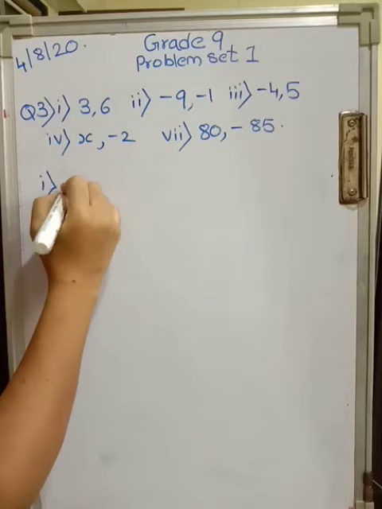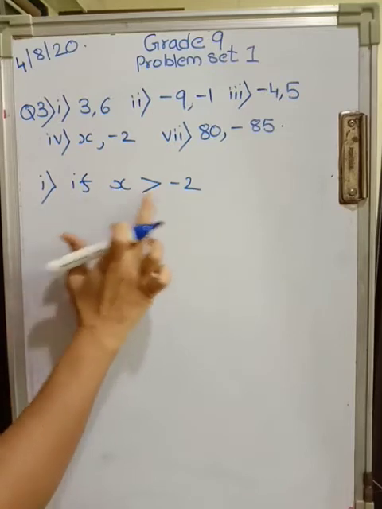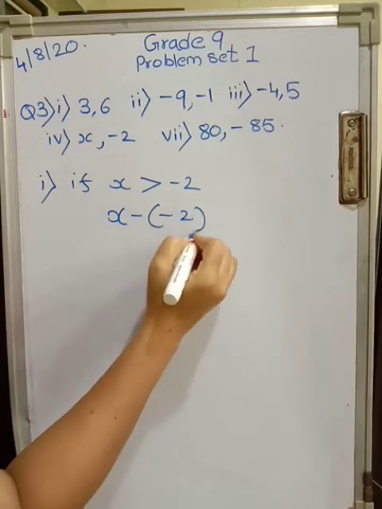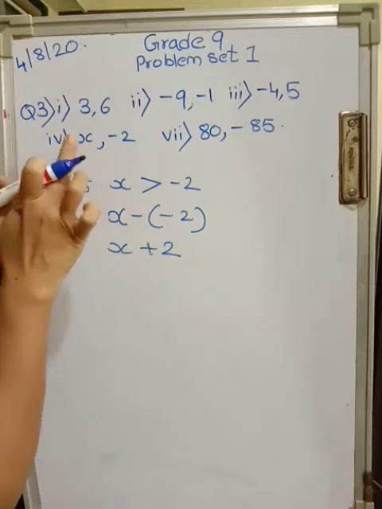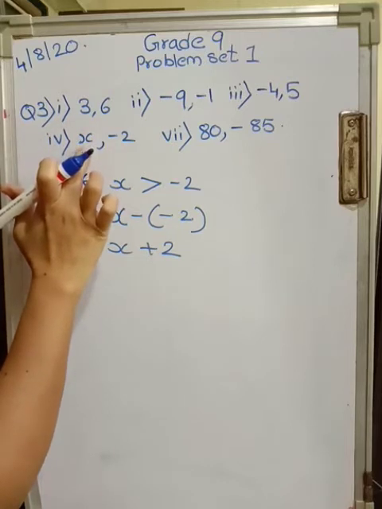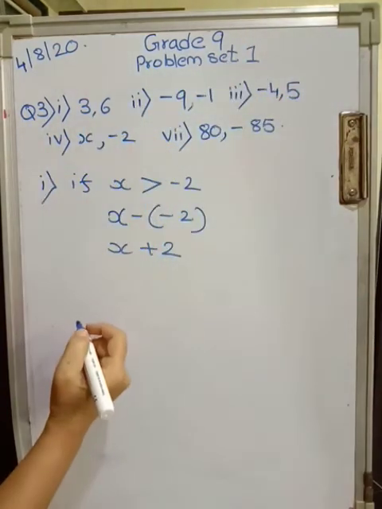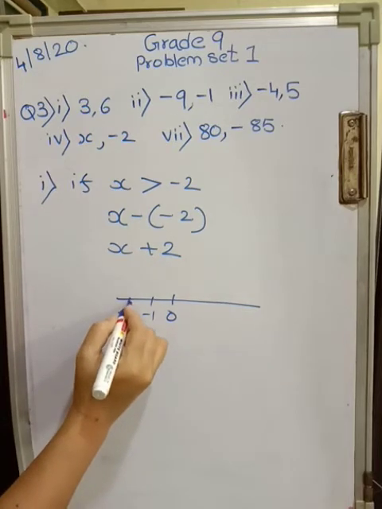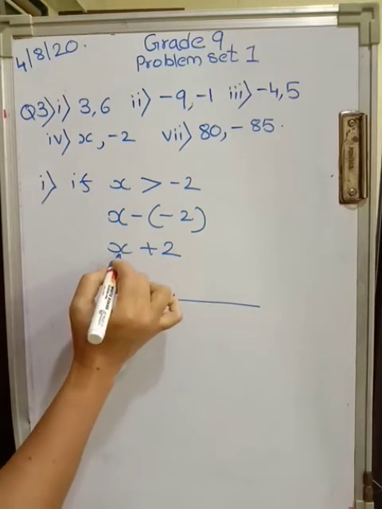So first case, if x is greater than minus 2, then the distance between them will be greater coordinate minus smaller coordinate. So it will be x minus minus 2. Okay, so what we'll get? x plus 2. So this will be the distance if x is greater than minus 2. So what can be the value of x? All the values which are lying towards the right hand side from minus 2. That means this is a number line. For example, this is 0, this is minus 1, here is minus 2. So all the numbers from here will be greater than minus 2. So for them, the value will be x plus 2.